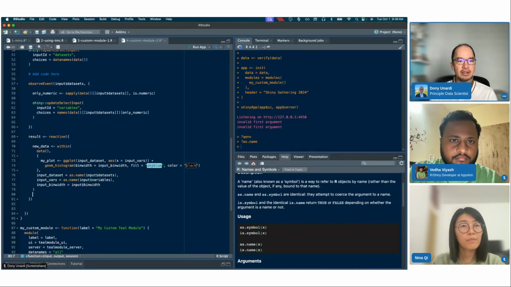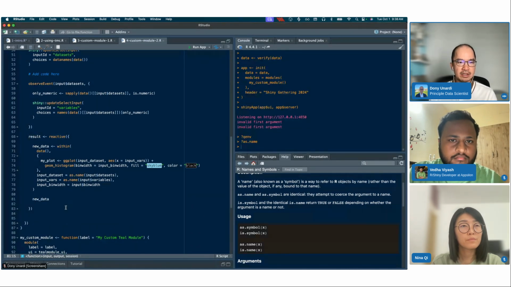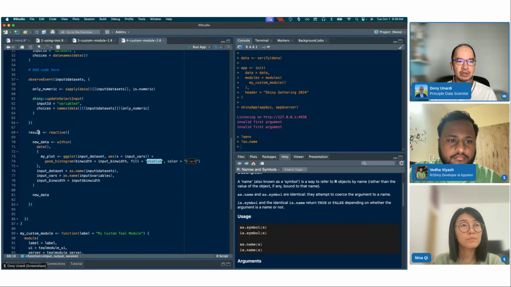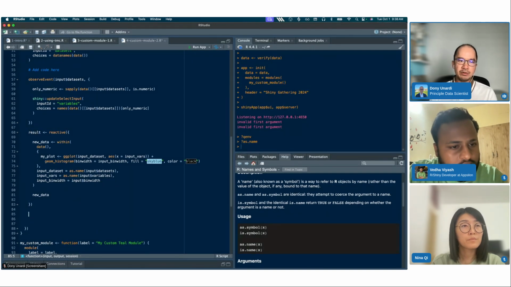Okay. All right. So far, all we did is create a new reactive teal data object. We call it result now. And just to be sure that it's the reactive returning the teal data object, I'm just going to do that. So it's returning result, which is what we want to move forward with from this point when we make our plot. So now that we made a new teal data object with our ggplot code,